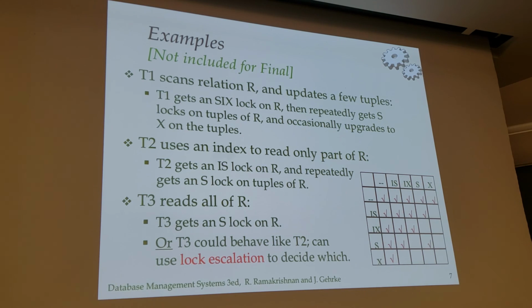Again, I assume at this point, if people have questions about the midterm, that you've asked them of me or